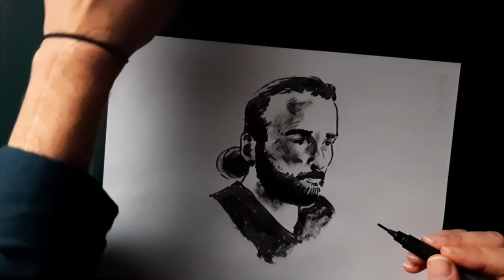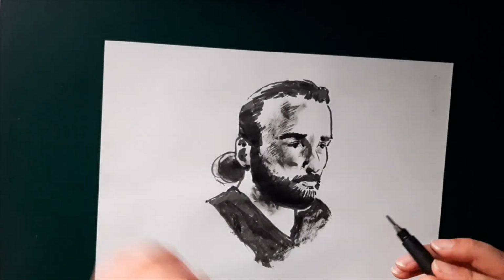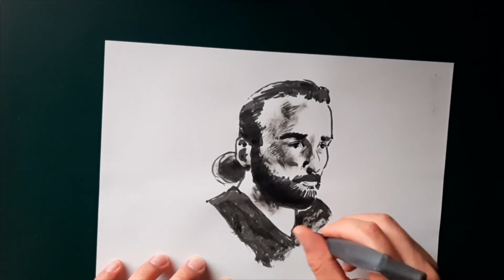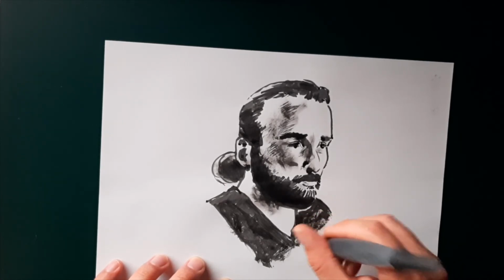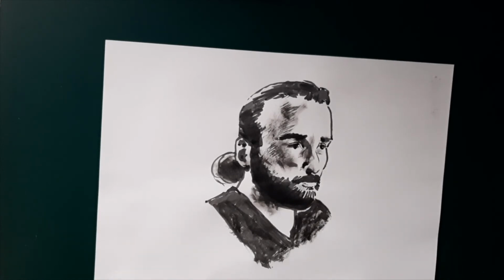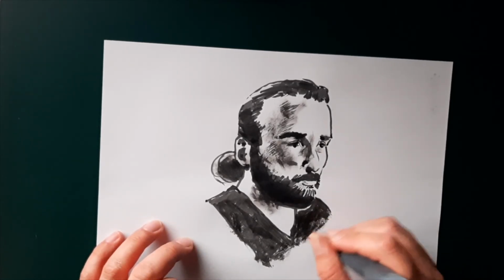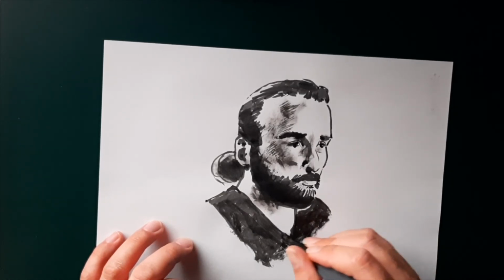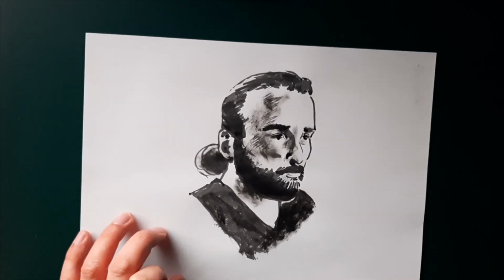They do have caps on them, which at the back of the nib, you can pop the cap on the back. You can see it there. If you can see the very tip, the other end, that's the cap of the brush pen. And Peter Draws calls it posting, when you can put the cap on the other end of the pen whilst you're using it. He calls it posting, and I think that's quite a good word. I don't know if it's the correct word or not, but I'm quite happy to use that just as he does. So to post the cap on the pen is quite a useful feature as well on these brush pens,